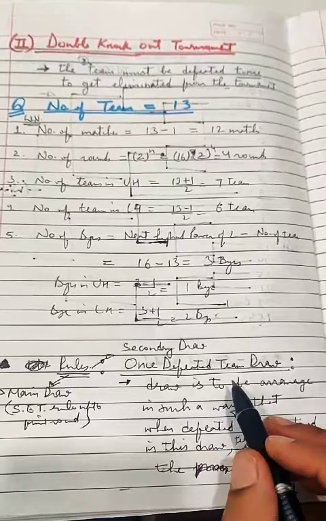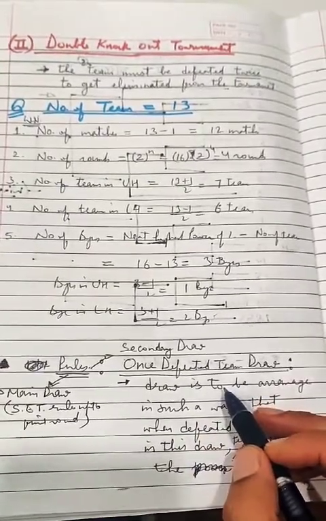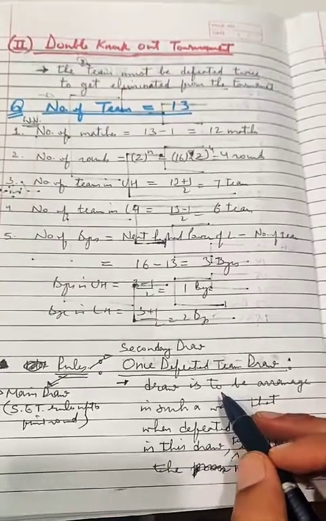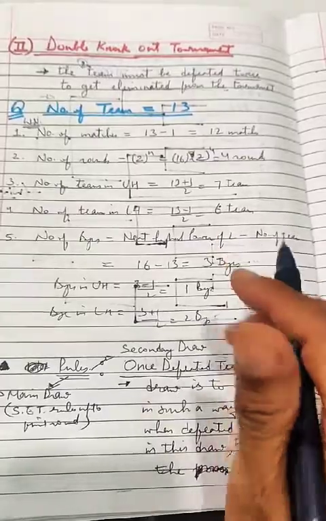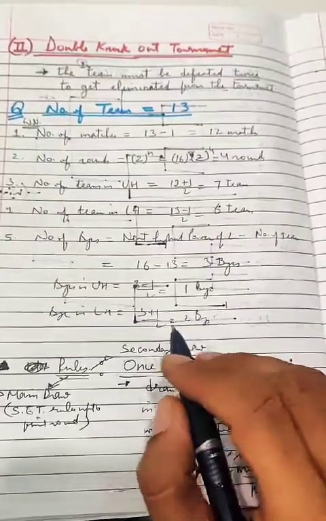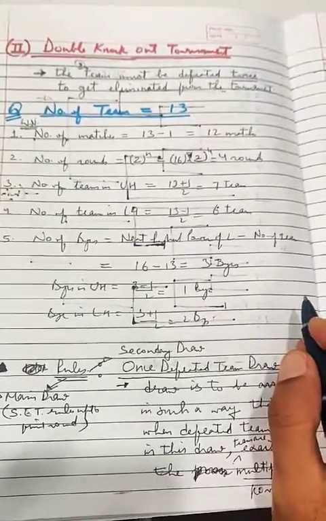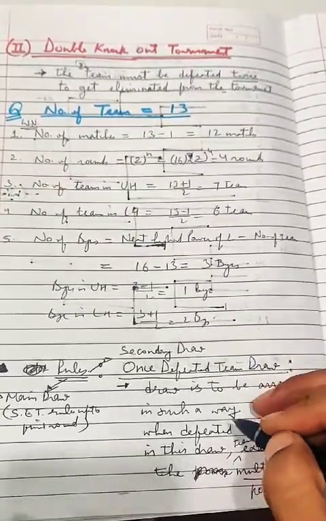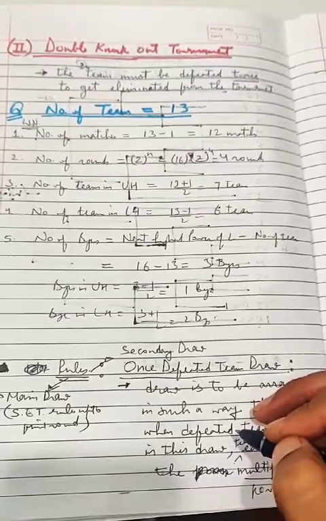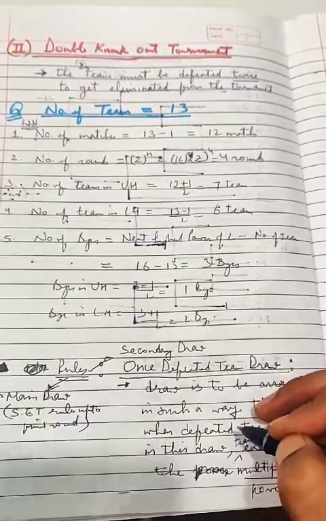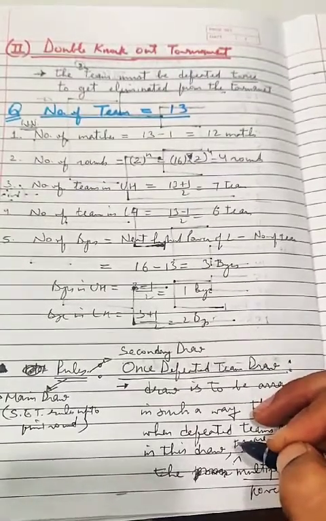In the first round, in that defeated team draw, you have to adjust the teams according to the power of 2. But after that, in the second round and third round, when the losing teams enter the draw, you have to make sure that an equal number of teams, in the power of 2, is there in the secondary draw. You don't have to give a bye at that time to the teams to be adjusted in this way. I hope I am clear here.